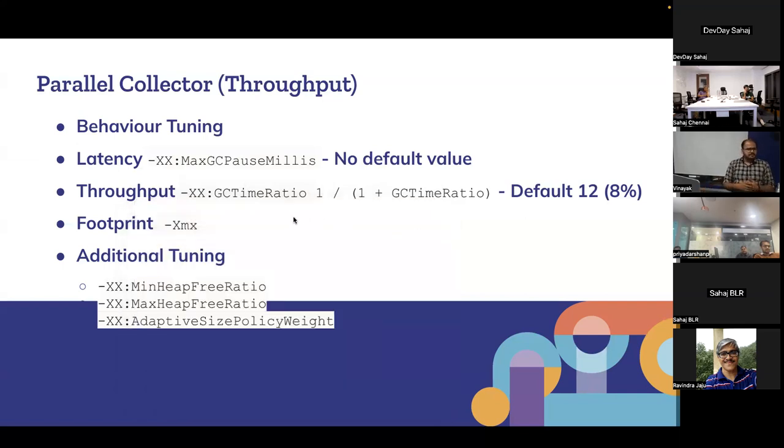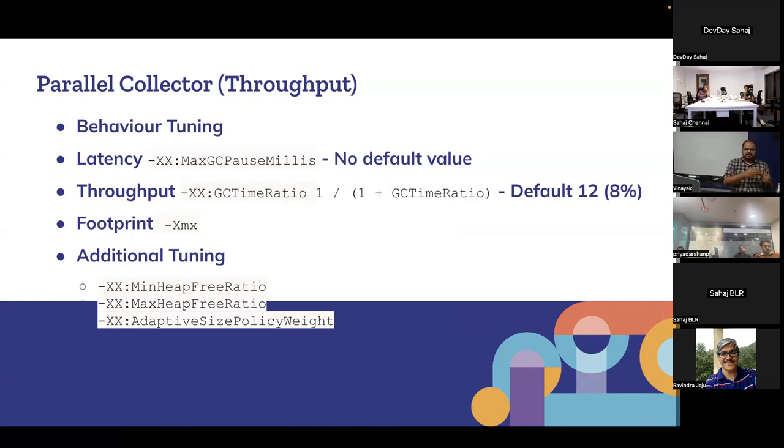Again, the next parameter is footprint. Footprint, again, you control it using your Xmx flag. So you set that flag and it will be controlled. Most of the times, if you want to improve your throughput, adding heap is one solution. If you have more heap, your allocation will happen faster,